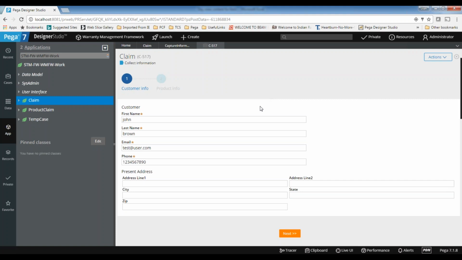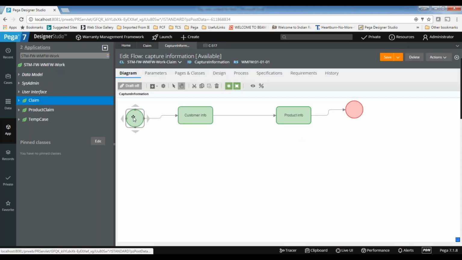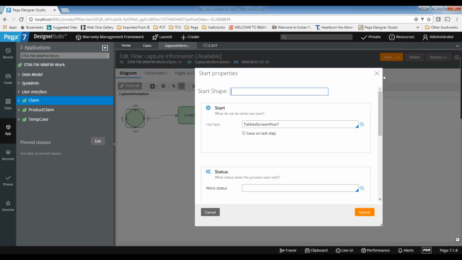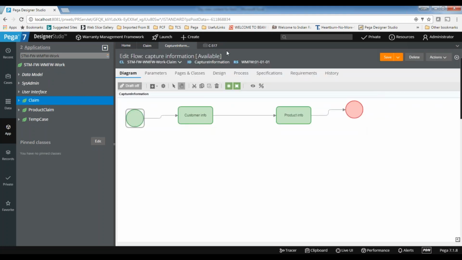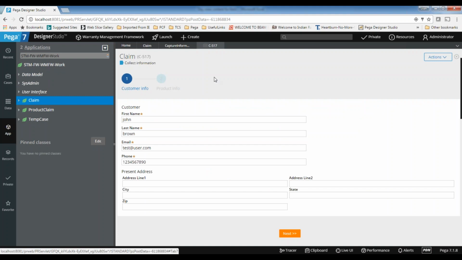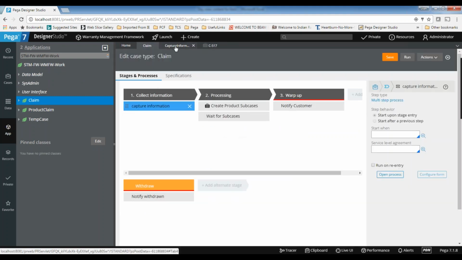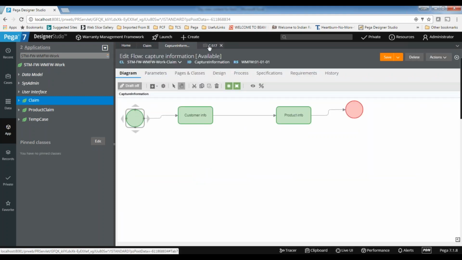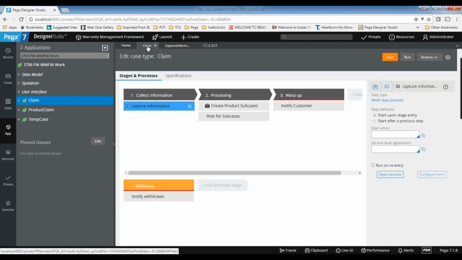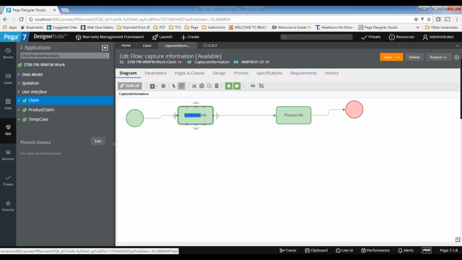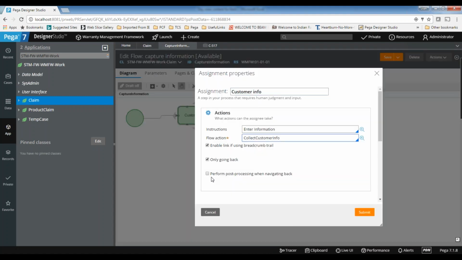And this is the tabbed navigation. In the assignment, one more option is enable link with breadcrumb trail. Can you select it, and unselect that option?